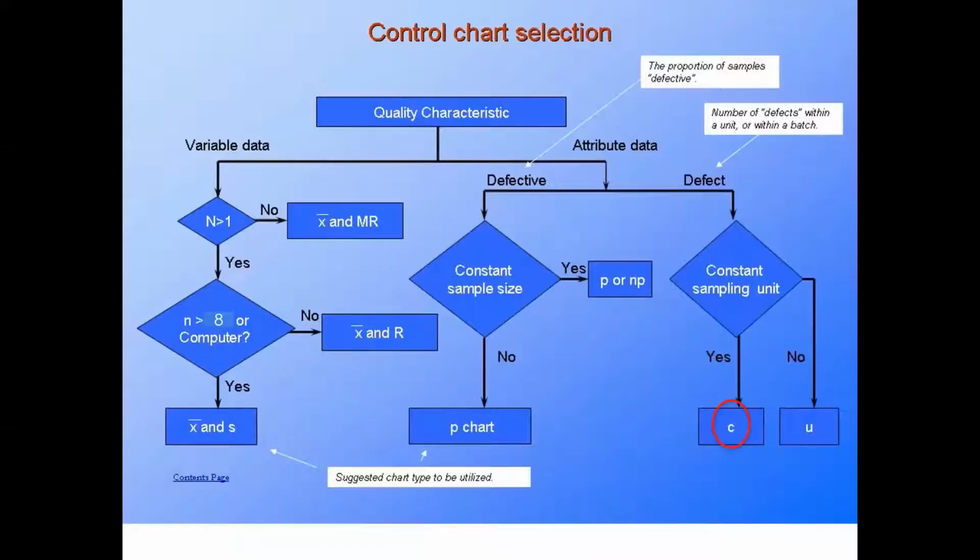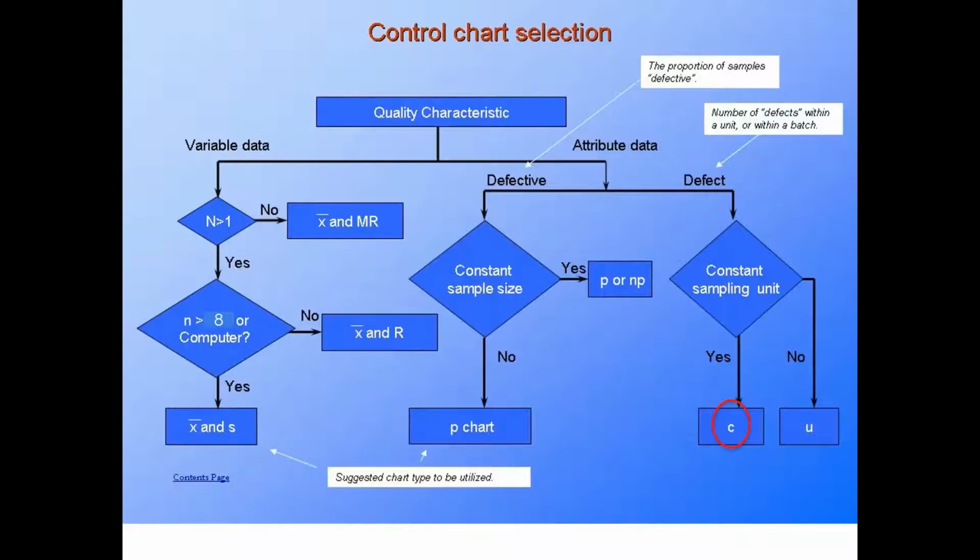And we're going to start talking about C chart. C chart is used for attribute data SPC, assessing the quality based on the defects, with the condition that the sampling size of inspection is consistent throughout